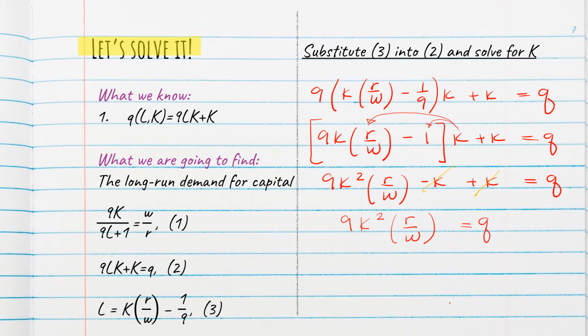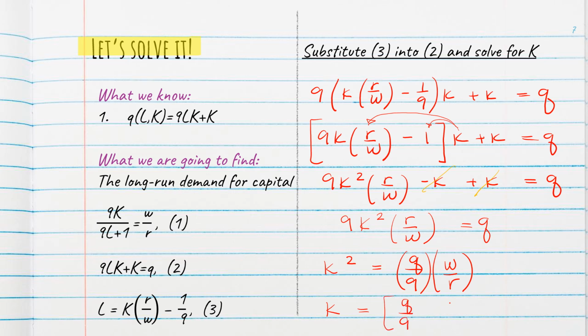Now I want to solve for K. So I'm going to first isolate K squared. I have K squared is equal to Q divided by 9 times, well, to get this R over W to the other side, I multiply it by W over R. So times W over R. I'm almost done, which is good because I'm out of space on the slide. So to finally find K, what do I need to do? I need to take the square root of both sides or raise both sides of this equation to the 1/2 power. So I have K is equal to